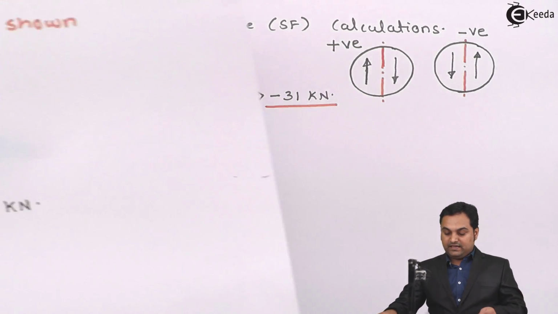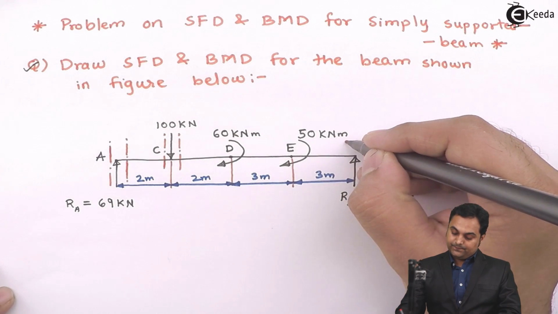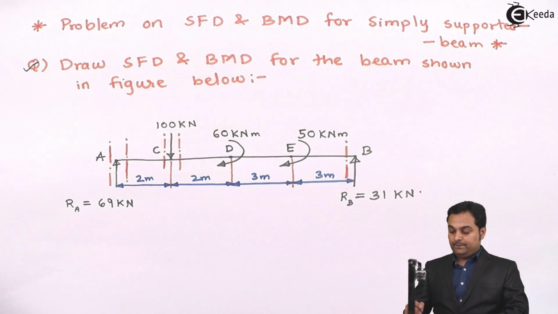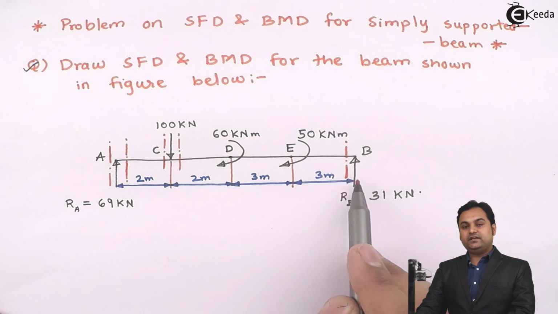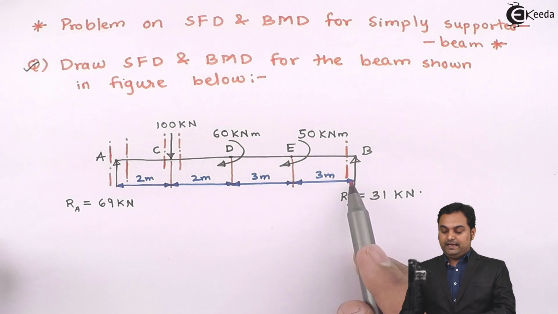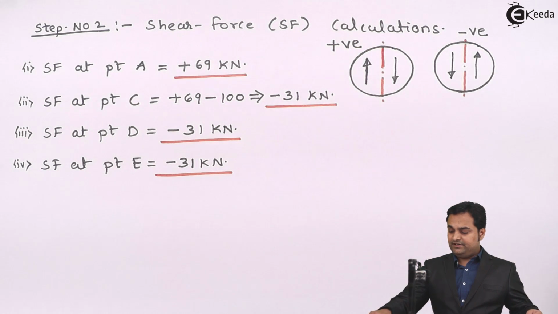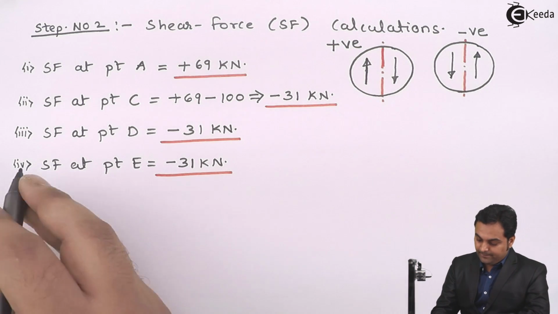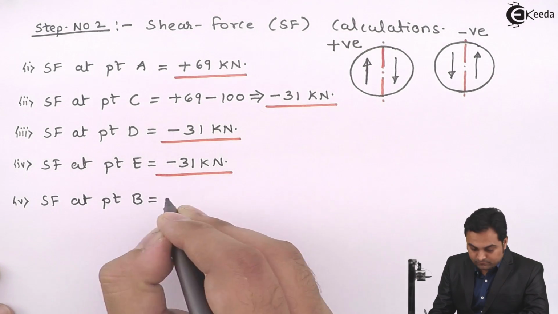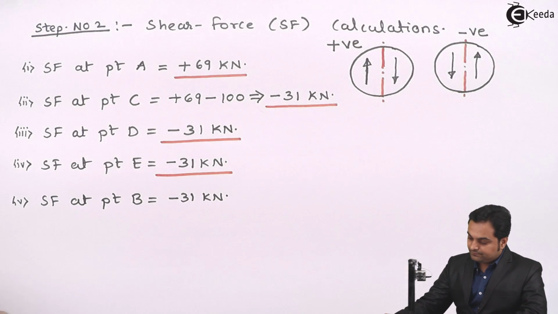Then at last we reach point B. Now if I am taking the section to the left of B, then here I can see on the right hand side of B there is only one load which is acting upward, that is 31 kilonewton, and to the right of the section upward force is treated as negative. So therefore the shear force at B is minus 31 kilonewton,